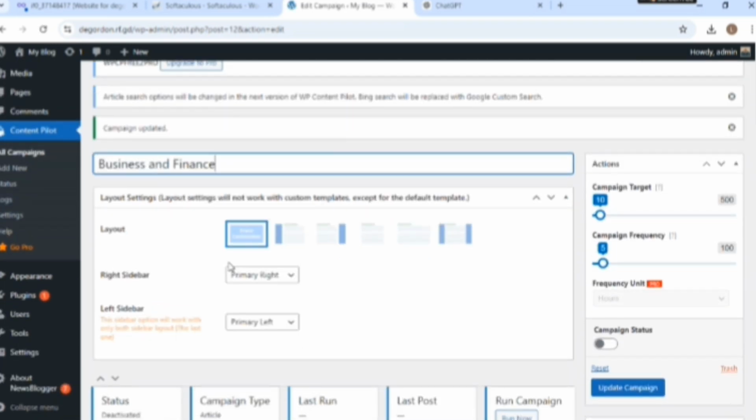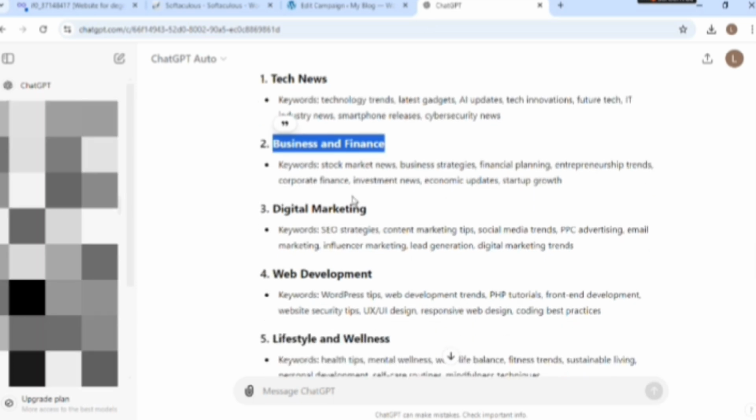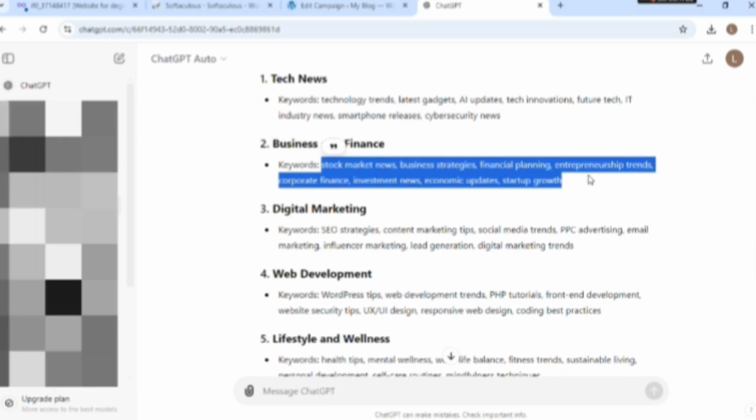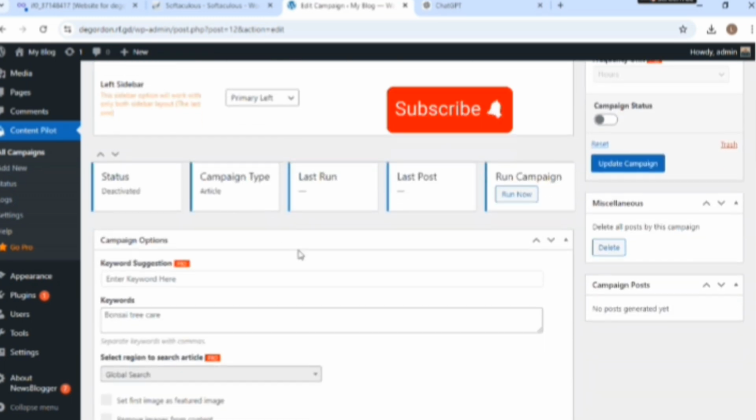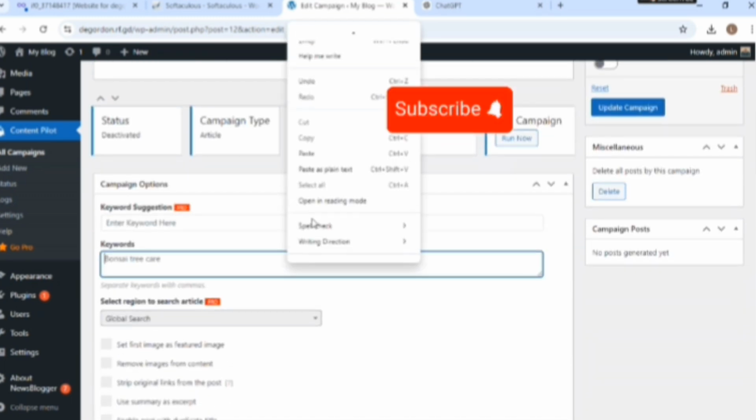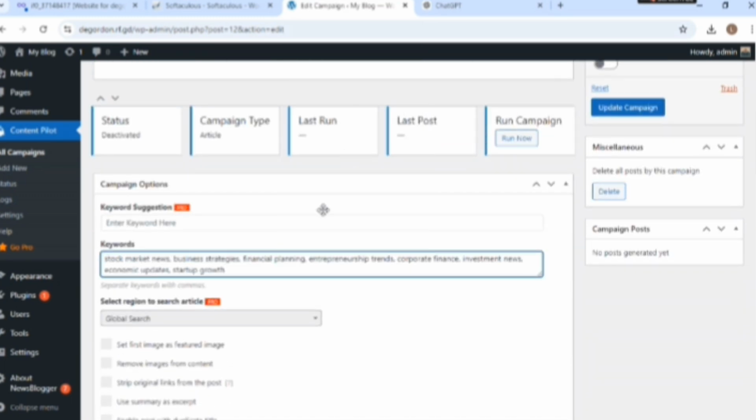Then you paste it inside here. You also copy the keywords. You can use proper keywords, keyword research to make sure it brings